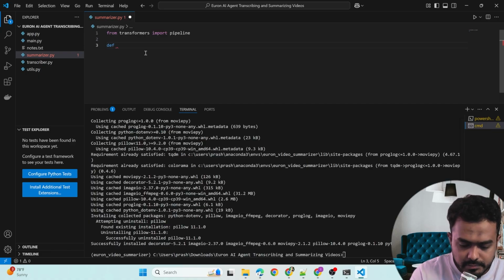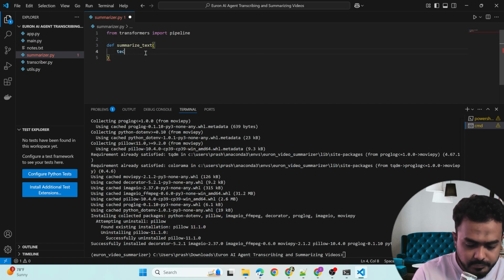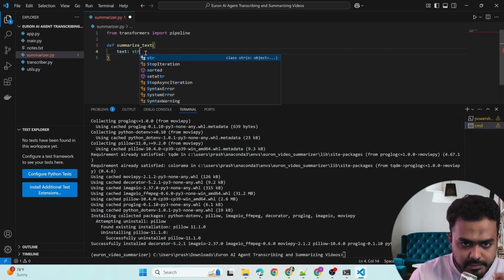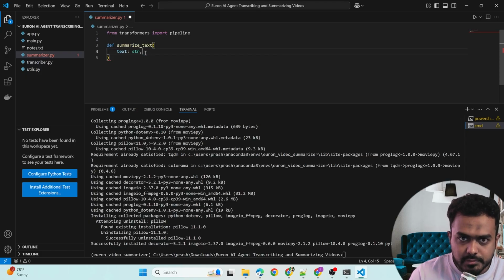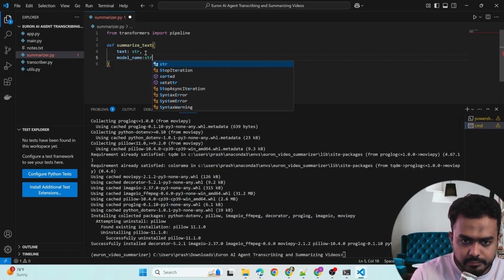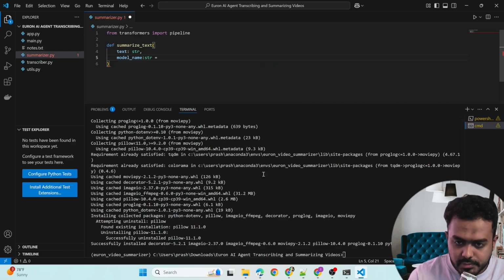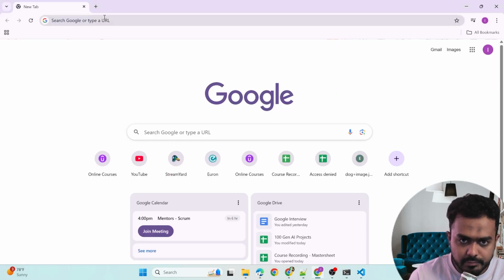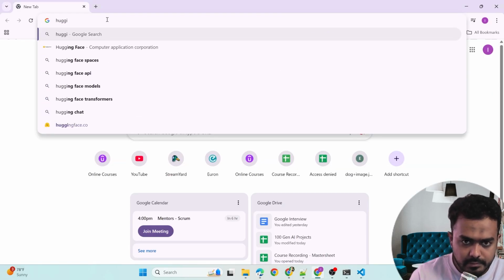Here let me first write down: we are taking the text of the string data type, then the model name of the type string. Here, if you go to Hugging Face,